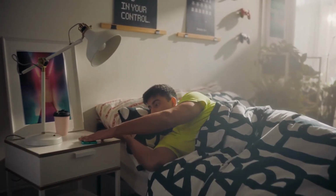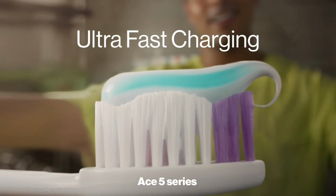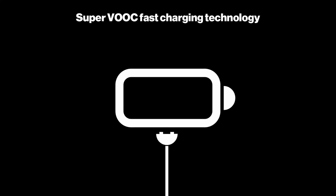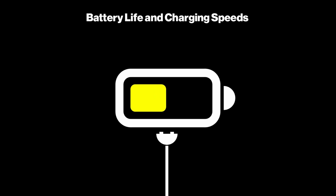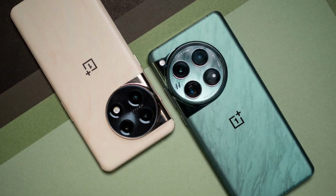Additionally, there are rumors of an alternative model, possibly under the Ace 5 series, that could come with an even larger battery and similar SuperVOOC fast charging technology. These improvements in battery life and charging speeds will likely play a crucial role in attracting users looking for efficiency